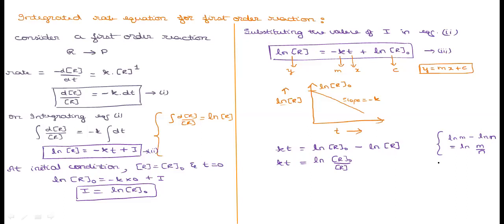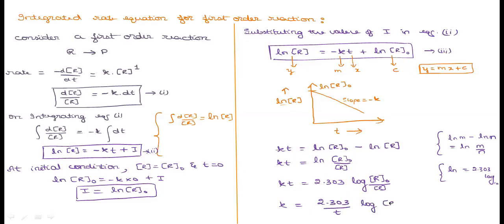Now we know one more important thing, the conversion of natural log to base 10. We need to multiply by 2.303, then it will be changed to base 10. Hence, for converting this natural log to base 10, we'll multiply by 2.303. So natural log will be converted into base 10, log R naught by R. No need to mention 10. It is understood if we write log, it is with base 10. Now it is kt. Now we'll rearrange for the final expression for k. So k will be equal to 2.303 divided by t log R naught by R.